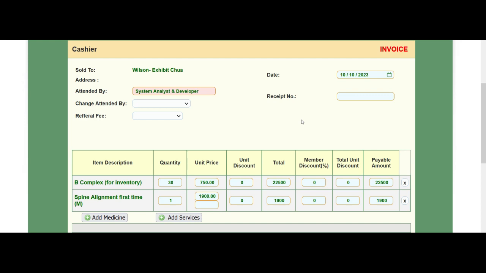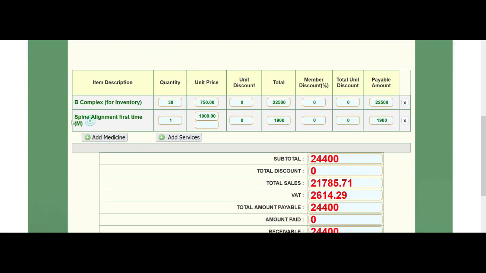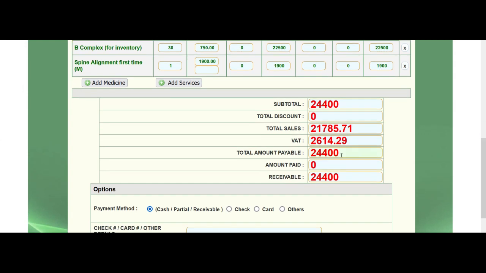After clicking the invoice pencil from the request invoice, you will see this. This is the patient name, and you may just put any receipt number as a sample for our training. After putting the receipt number, this is the medicine that the doctor prescribed, and this is the service that has been done. You will just tell the patient, your bill now is